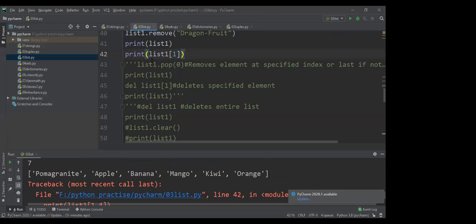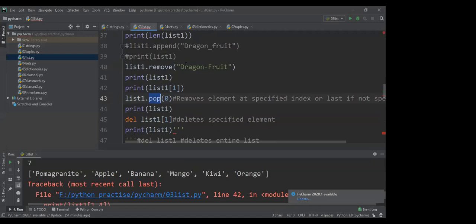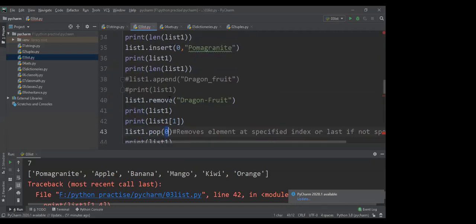Now let us come back to the pop method. Like the remove method, the pop method also will remove the item, but along with the remove method, we need to specify the element you want to remove, and here we need to specify the position of the element which one you want to remove. Now see here, I'm removing the 0th element.